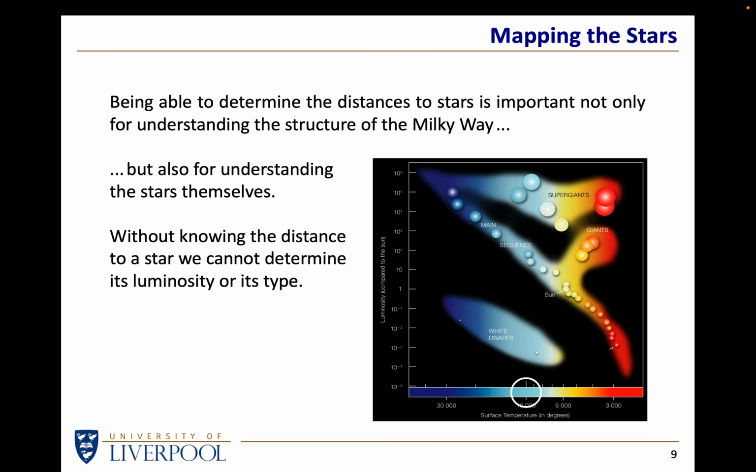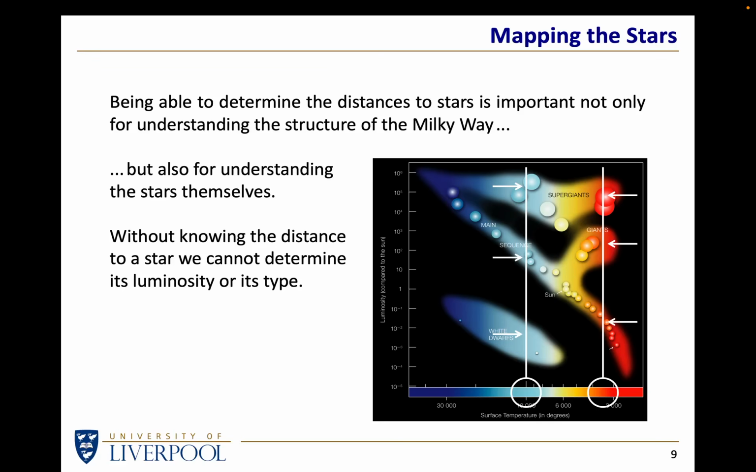And so, for instance, if we were interested in a star with that particular temperature, that particular color, we wouldn't be able to tell whether it was a supergiant or a main sequence star or a white dwarf. And similarly, if we looked at a red star without knowing its luminosity, we wouldn't know whether we were looking at a supergiant or a red giant or a red dwarf. So we absolutely need to know distances in order to know luminosities, in order to know what type of star we're looking at. Yes, you can get clues from the spectrum of a star, but ultimately we really want to